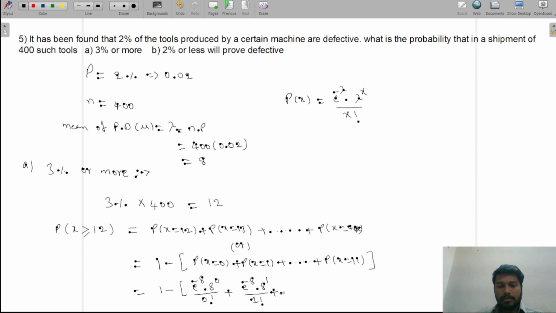Similarly, I'm writing at x equal to 11, e power minus 8 into 8 to the power of 11 by 11 factorial. Okay, so by finding this result, I'm getting